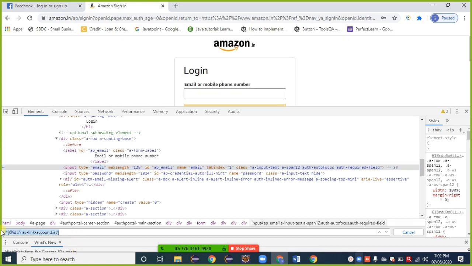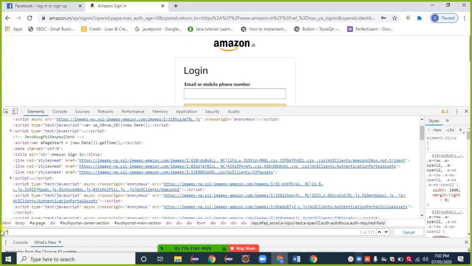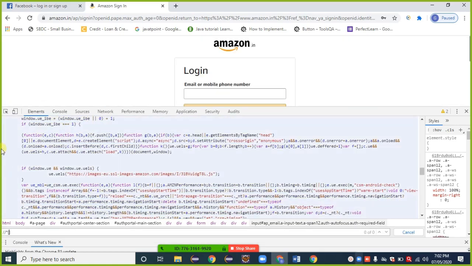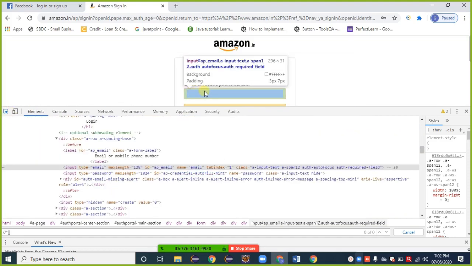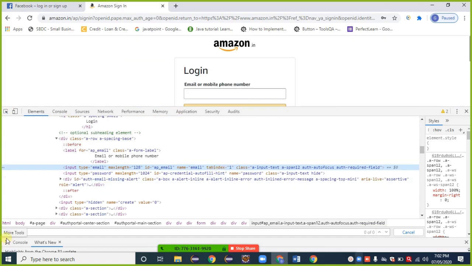So we have an ID here; we have maxlength available, type available, name available, or tabindex available. We can go with any one. Two forward slashes, star, bracket. So I am trying to go with tabindex. Tabindex is equal to single quote 1, and the at the rate sign is remaining.